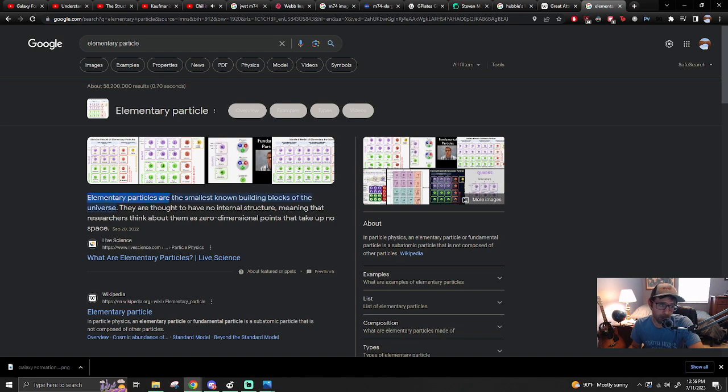Elementary particles are thought to be the smallest known building blocks of the universe. So essentially, somewhere along the line, someone was like, there's probably some building block that makes up the universe. And they called it an elementary particle, and then atoms were discovered, and those were called the elementary particles. But then